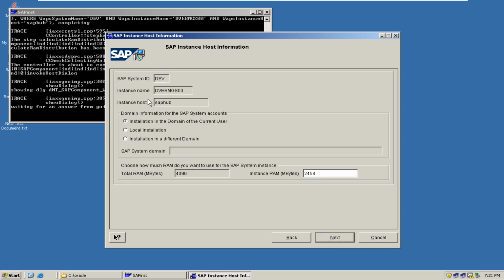Next. So you selected 00. That is the reason it is giving the name as DVEMBGS00. Your SAP SID dev instance host is this. And local installation, not in a domain. I am not doing it in my office, right? Local, this system. So my total RAM is 4 GB. Out of that, this central instance is taking 2458. If you want, you can change. You can extend or minimize this instance. This is your central instance RAM memory. Remember, total RAM. If I give total RAM, this is a central installation. For database also I have to give some memory to my SGA. So I am not giving the entire thing. Next,